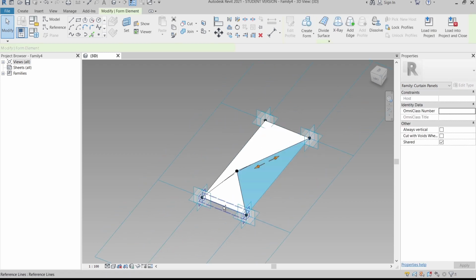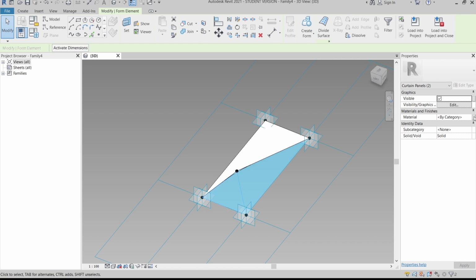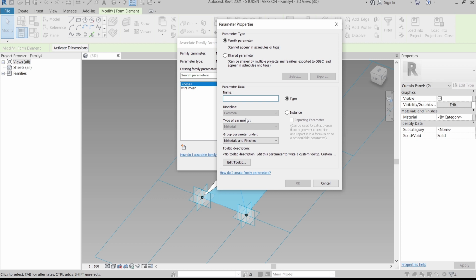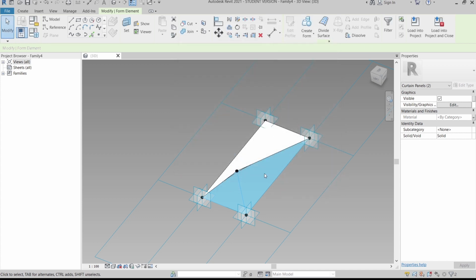Like here, 1 and 2. Go to our properties again. Create a parametric, create a new one, then we give this one our photo reference for the building skin from our previous preview, which is ACM. ACM means alloy bond, or aluminum composite material, for the full name. I can hit OK, then hit OK again.